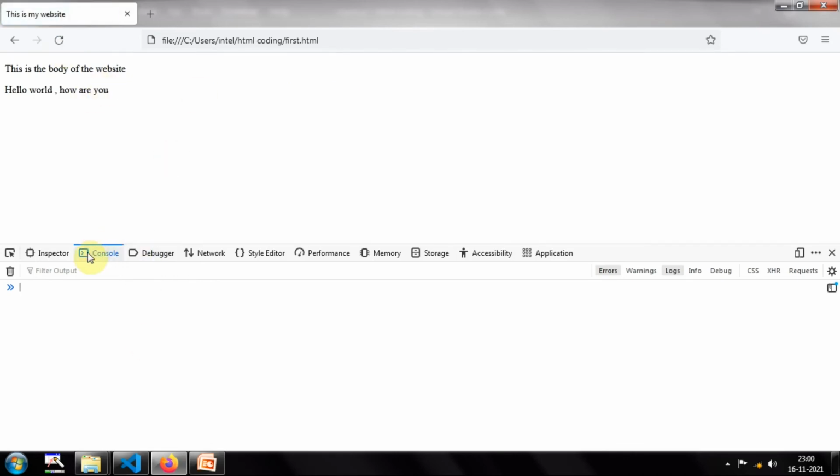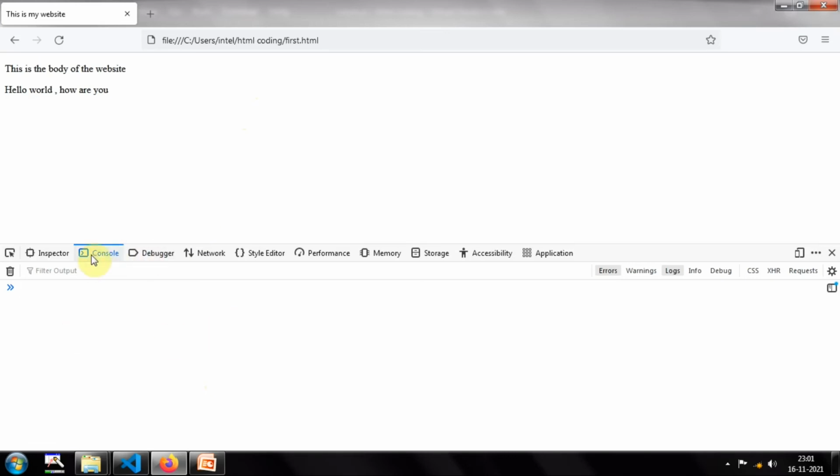If I want to get some output on the console, so basically, in JavaScript we normally don't print the output on the website page. You will be printing each and everything on the console itself because it is for the computer's understanding, not for the viewers' visualization. Whatever we want to show on the web page, we will write in HTML, and whatever backend processing we want to do, we will write in JavaScript.